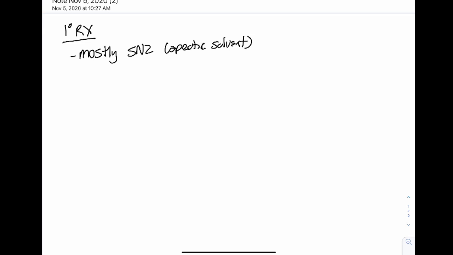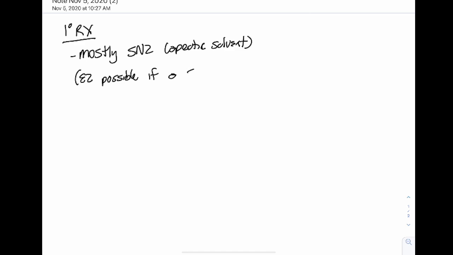We can get some E2 if I have a strong bulky base. I'm going to put it in parentheses. It's not going to be our preferred product. Remember, E2 does prefer tertiary alkyl halides, but it is possible with primary. Again, it's mostly going to be SN2. That's generally what I'm going to be looking for as the answer. But if you happen to have a protic solvent, a primary alkyl halide, and a strong base, it is possible to get E2. So E2 possible